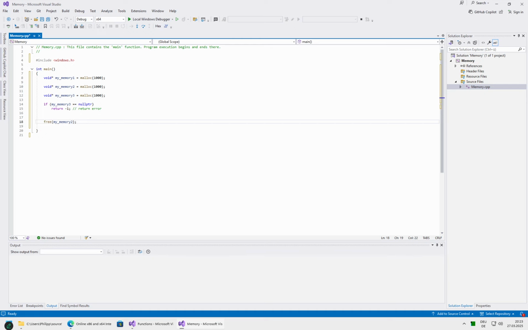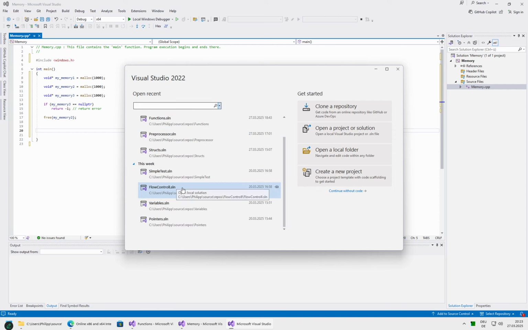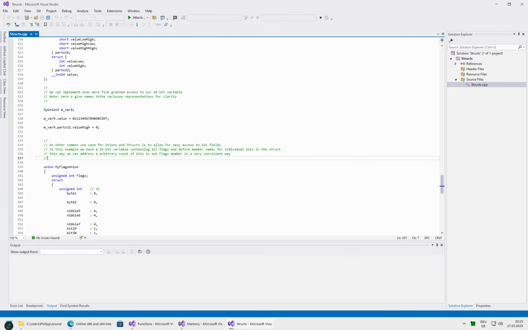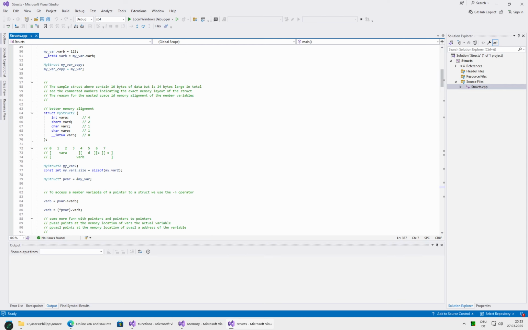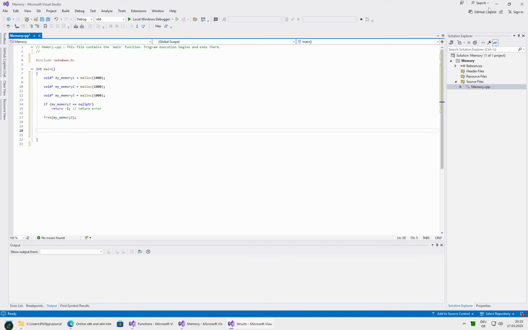So let's make maybe some more examples. Let's create some structure, or actually maybe we can just copy a structure from one of our earlier projects so that we don't need to type it again. Which one is a nice one? Let's just take the simplest one from the very beginning. This one. So we have our structure, and as said, if we allocate it normally,